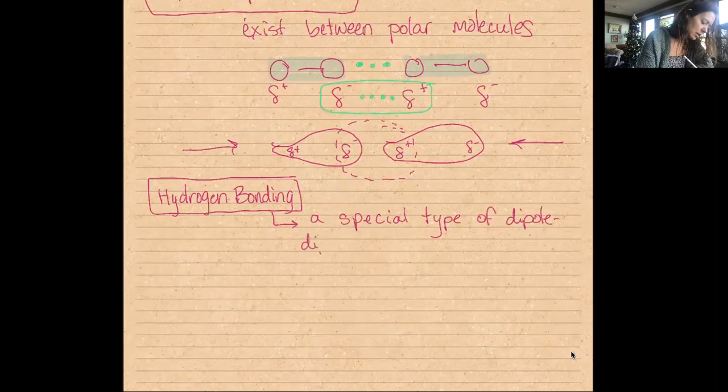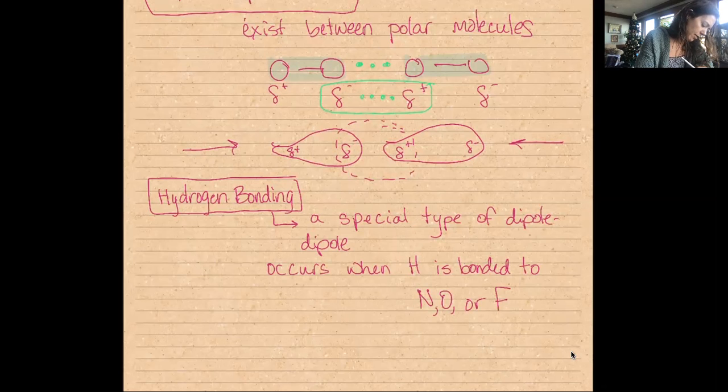So it is a force of attraction between two dipoles, a partial positive and a partial negative. It occurs when H, hydrogen, is bonded to nitrogen, oxygen, or fluorine,